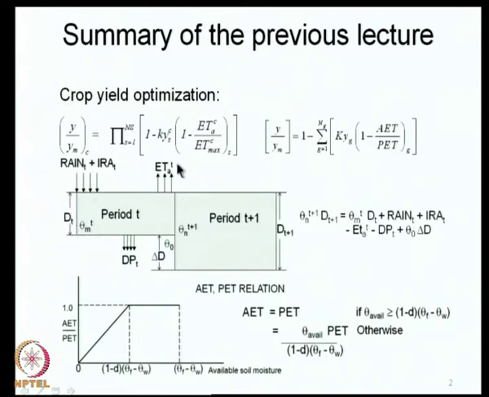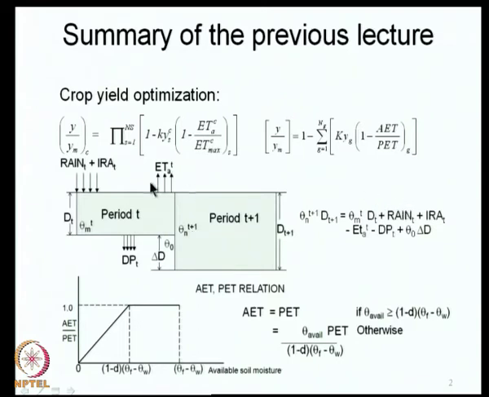We specifically discussed the soil moisture balance from time period T to time period T plus 1, and typically, as I said, these periods can be of daily interval, but in many cases we aggregate the soil moisture, lump it over a period of 10 days. So, this can be a 10-day period. So, starting with the given soil moisture, we know how to obtain the end of the period soil moisture. Starting with the given soil moisture at the beginning of the time period T, we know how to obtain the soil moisture at the end of the time period T, which is also the beginning of time period T plus 1.